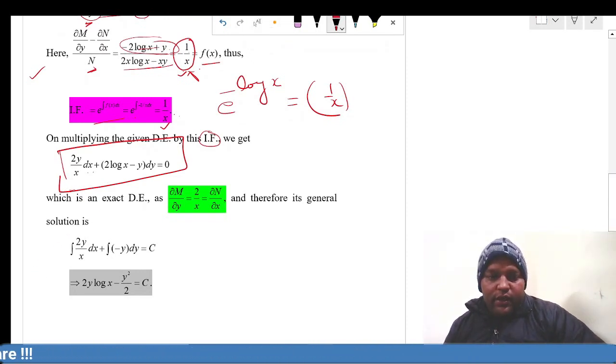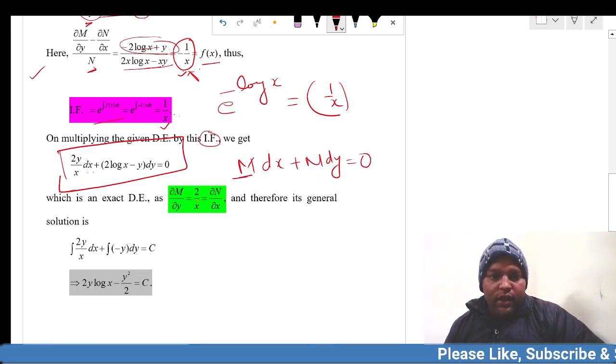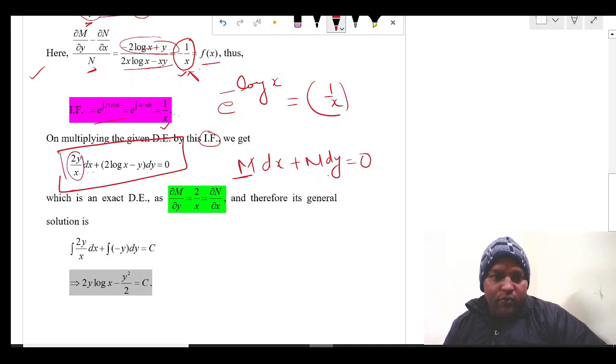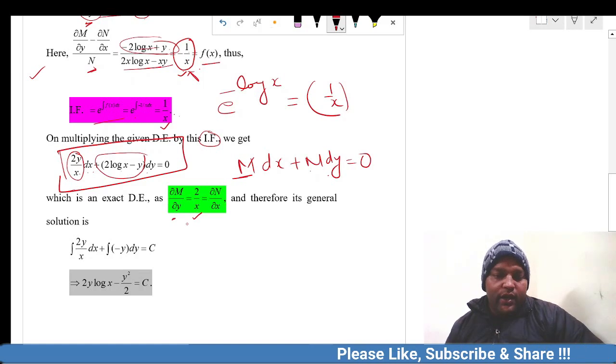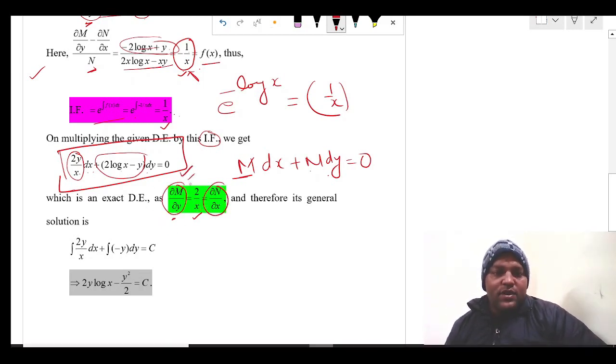by again comparing this form with the standard form, which is m dx plus n dy is equal to 0. Here the m function is 2y by x and n function is 2 log x minus y. If we compute the partial differentiation of this m function with respect to y, the answer is 2 by x, and the partial differentiation of this function n with respect to x, the answer is 2 by x. Here both the partial derivatives are same, which means this form is an exact form,